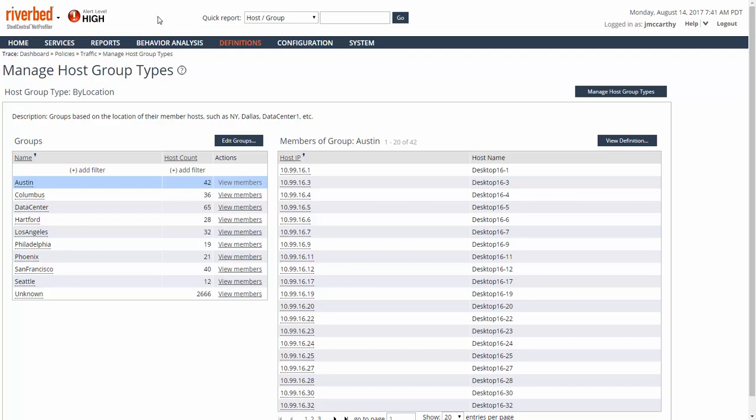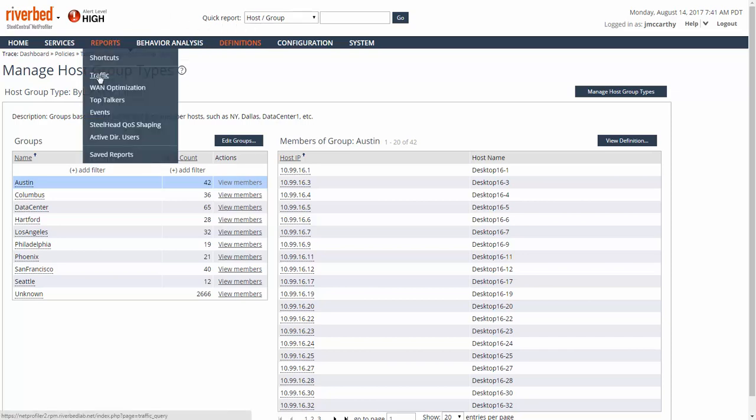Now let's say you want to see traffic between two specific sites. Instead of just overall traffic for a specific site, we want to see who's talking to who and what kind of traffic is going across. We can't use quick reports for that. We don't have one defined for that. So instead, let's go into Reports, Traffic,